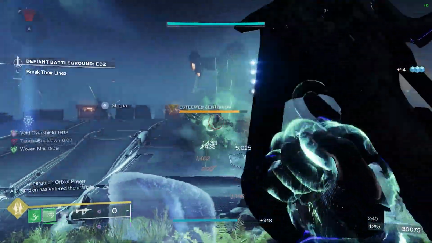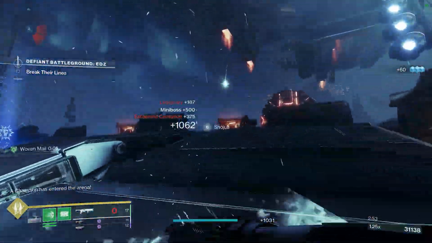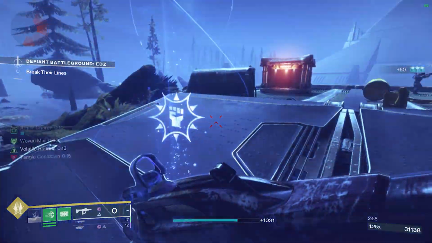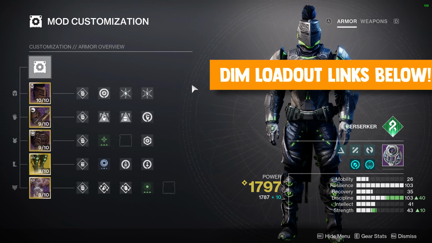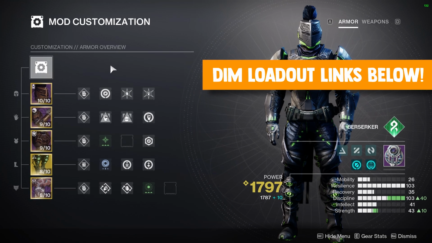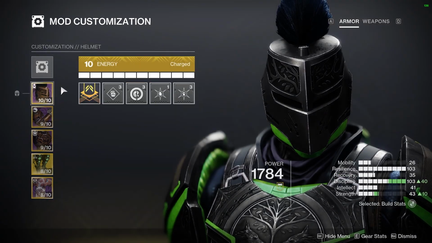For general content, however, this fragment is excellent. Whichever way you decide to take the build, I put together a suite of armor mods that will work great. Feel free to screenshot the mod screen for a snapshot of the build and use the DIM link below to set this up for yourself. Depending on your weapon loadout, you may want to swap some of the elemental mods around, but on my helmet,